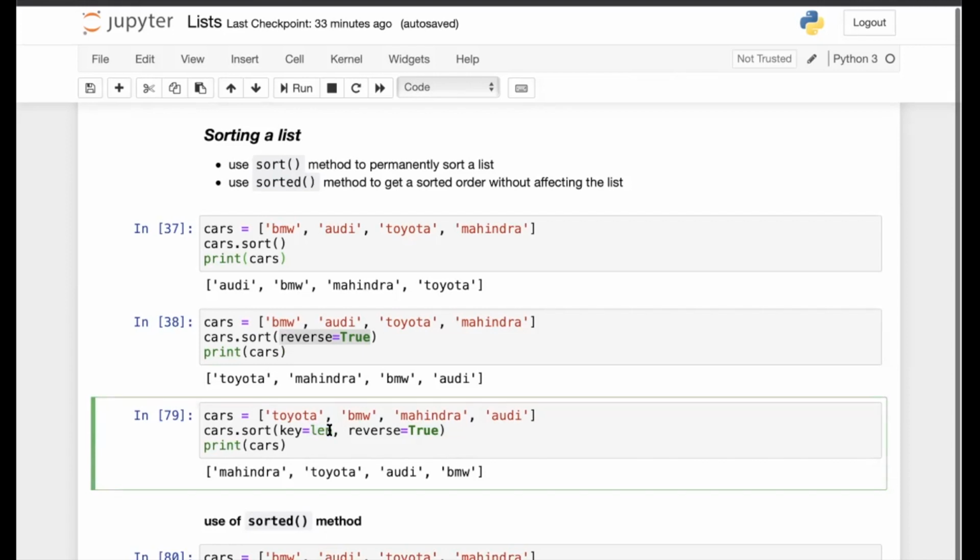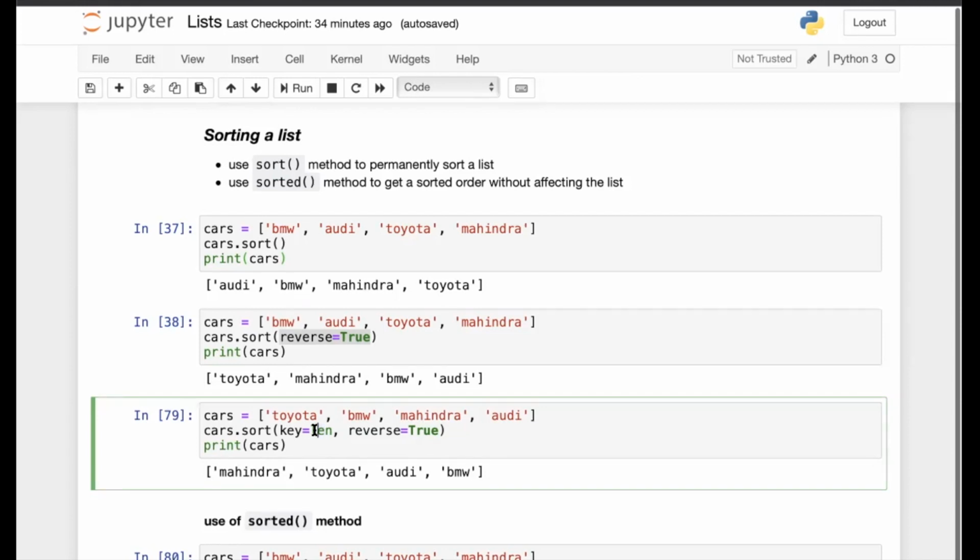Key is a parameter defined for this sort method. The len function is a predefined function that you are passing as an argument, so the sorting would happen according to the outcome of the len function. The strings are compared according to their length, and the shorter string would be placed first, and the longer string would be placed later in the sorted order.